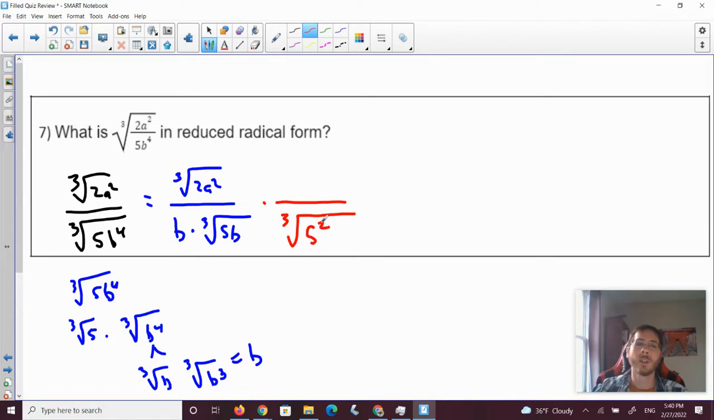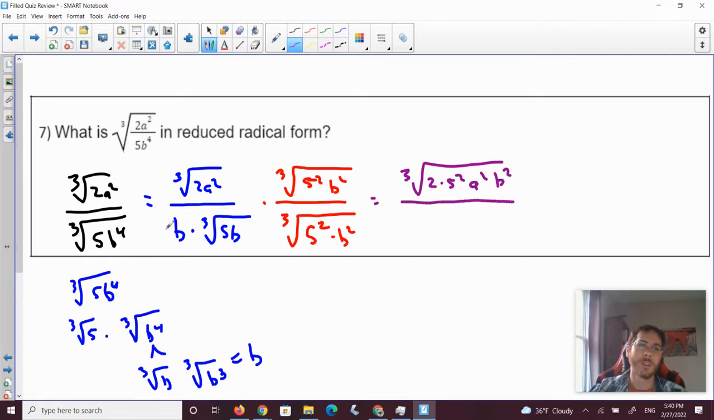So let's do 5 squared. I've got b to the first power. I need 2 more to cancel that out. So we'll do b squared. And when I multiply on the top, I've got to multiply on the bottom. 5 squared, b squared. So when we multiply this together, we're going to get cube root of 2 times 5 squared, a squared, b squared, over, so of the b that's out here, cube root 5